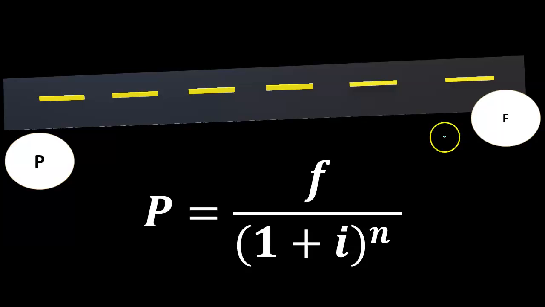So we're going to get future outlays. We're going to have to measure them in today's dollars. So whatever the cash flow that we get 5 years from now, if we bring it back to today's dollars, is going to be worth less as we compare them to today's dollars and compare our investment to the cash flow. So here is our formula. P = F / (1 + i)^n.